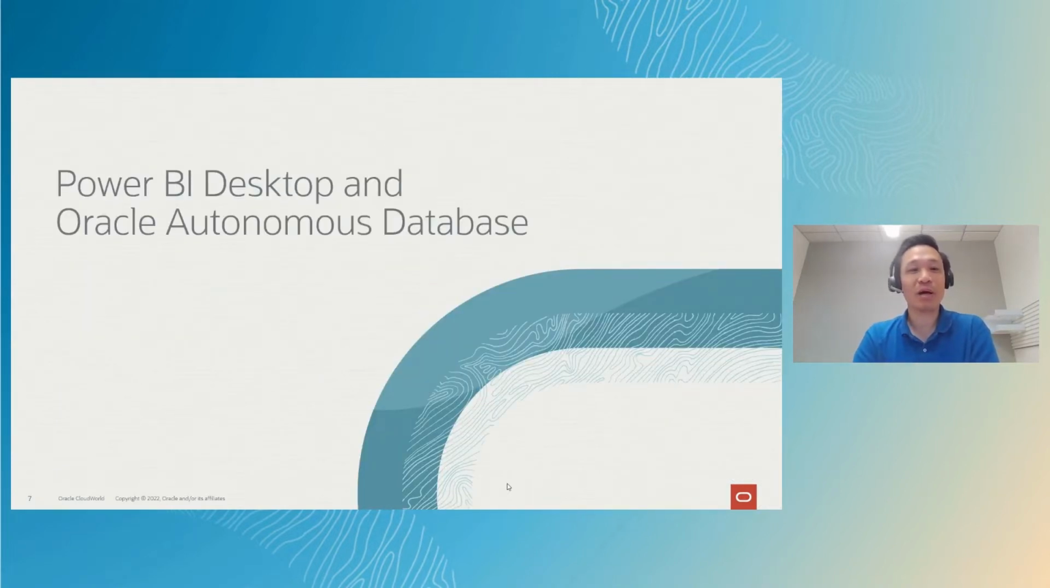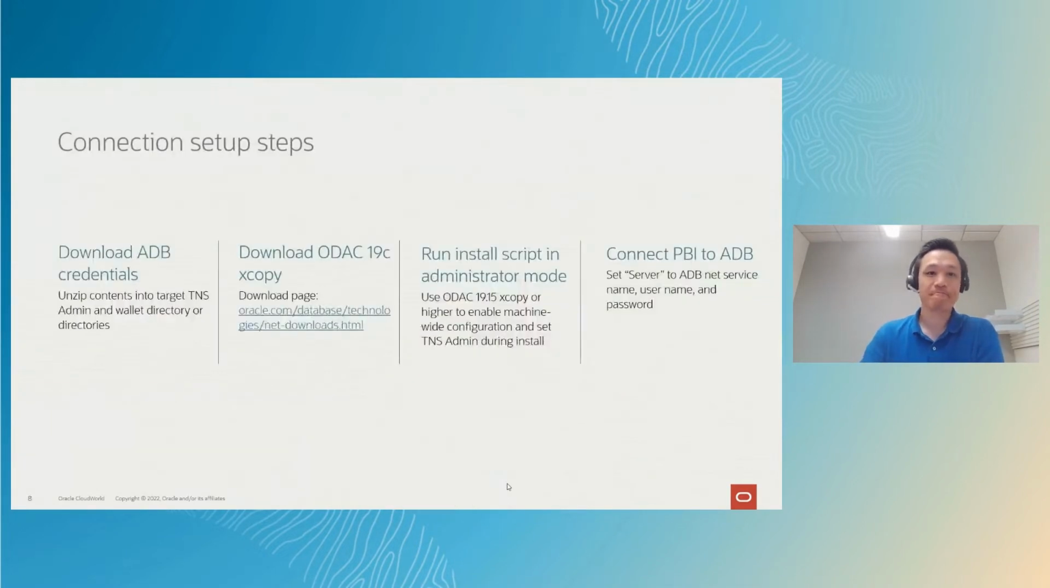So let's talk more about the Power BI Desktop scenario in which you're using Oracle Autonomous Database. In terms of connectivity, the steps to do so are fairly straightforward. There are a few steps to do in order to get your ODP.NET Power BI connection connected to your autonomous database. The first thing you want to do is get your credentials. So you'll want to download from your autonomous database management page your credentials zip file,